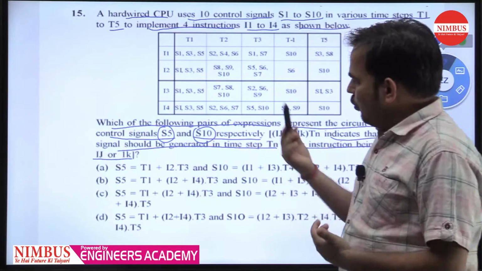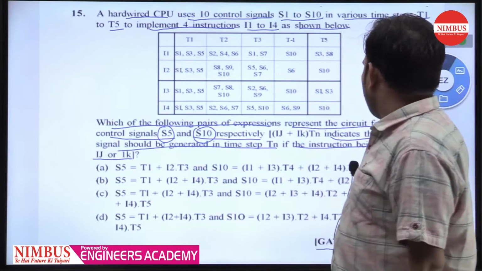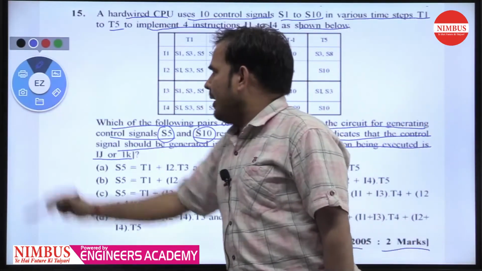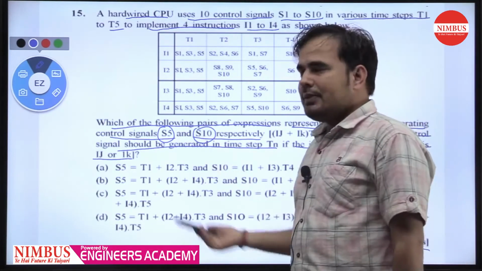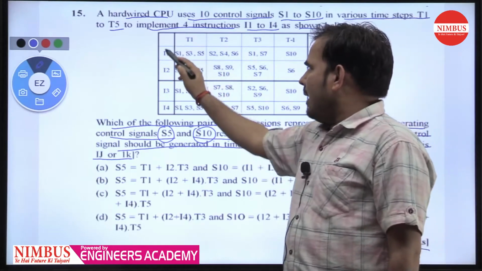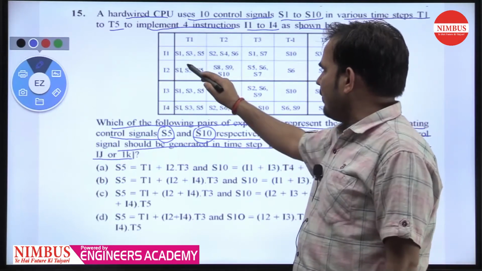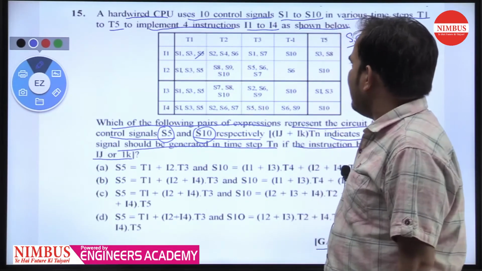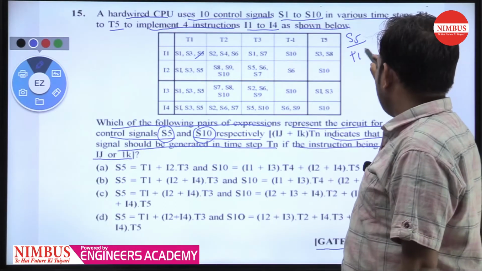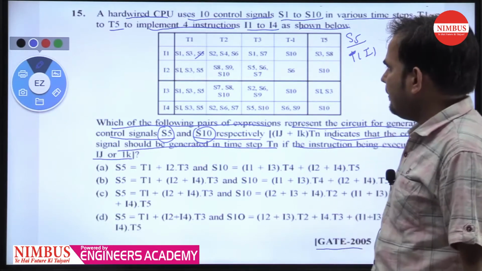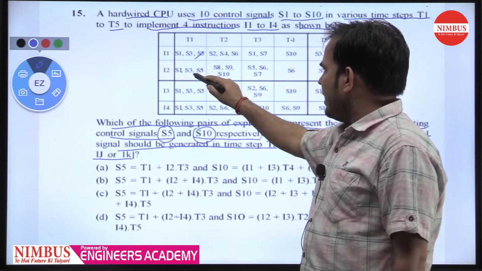So what strategy do we need to calculate the control signal for S5? First we need to see in instruction I1 where S5 is present. S5 is present only in T1. So we can write T1 I1. In I2, where is S5 present? S5 is present in T1